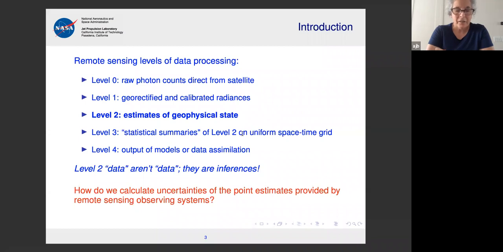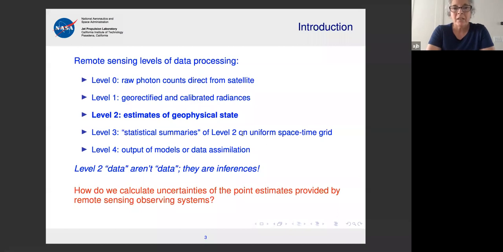NASA, and I think ESA too, likes to talk about levels of data processing, where the photon counts in each different spectral band are sent down to Earth. And then there's a lot of processing that happens. The first thing is that level 0 data is converted to what's called level 1 data, which are geo-rectified and calibrated radiances, meaning every datum that belongs to a given pixel in the scene is given a spatial location, and it's calibrated to make it directly comparable to the other radiance counts in other spectral bands that are on the same instrument and looking at the same place on the